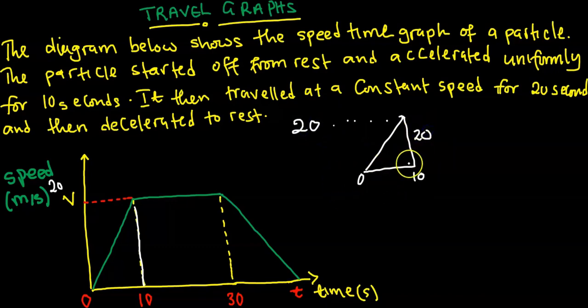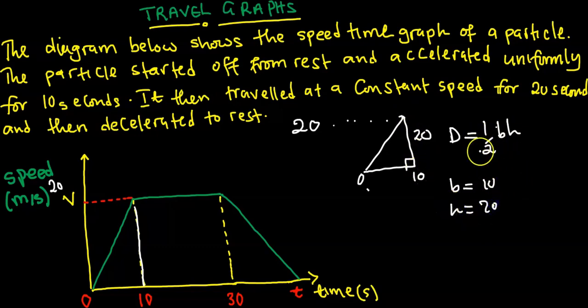In order to find the area, we are going to use the formula for a right angle triangle. So area, which is distance, equals half base times height. What is our base here? It is from 0 up to 10, which is 10. Then what is our height? Our height is the vertical one, so our height is equal to 20. Replacing in the formula,